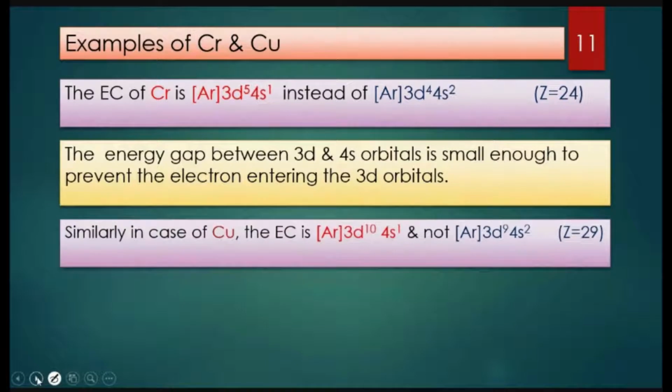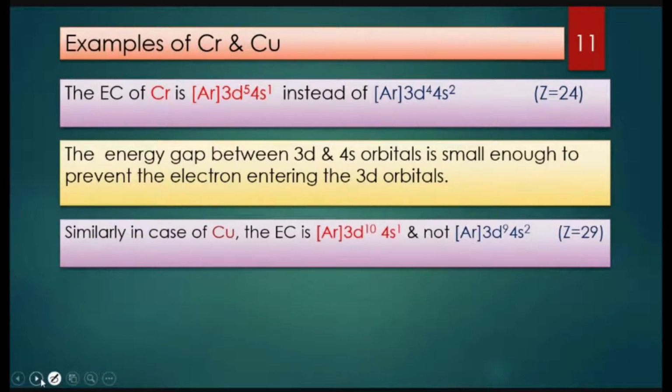So in case of copper, its electronic configuration is written as argon core 3d10 4s1 and not as argon core 3d9 4s2. See, when we fill the 4s orbital first, after that we allocate the remaining electrons in the 3d orbital. When we follow that rule, then we obtain the electronic configuration for copper as argon core 3d9 4s2. But since the energy gap is small between 3d and 4s orbital, an electron will be shifted from 4s orbital to the 3d orbital. So thereby we are going to obtain the electronic configuration for copper as argon core 3d10